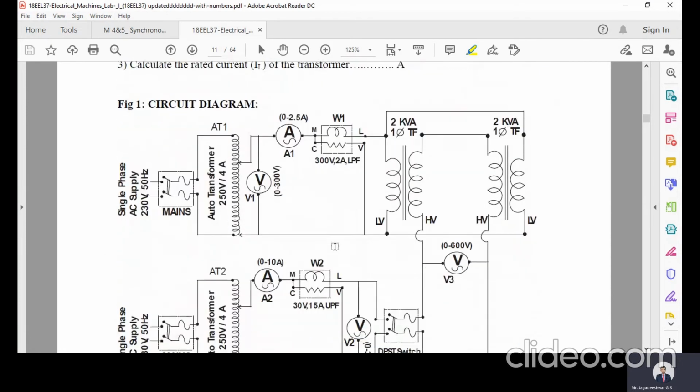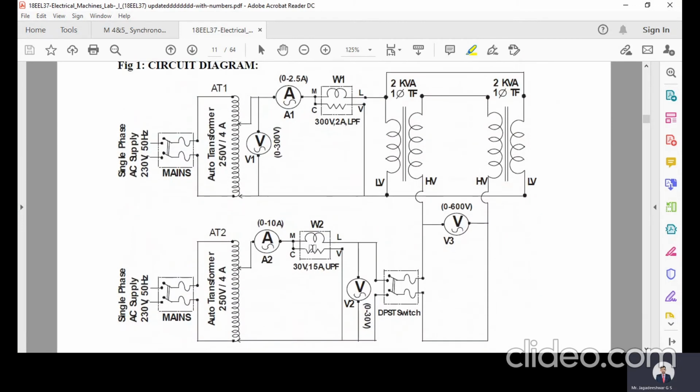So coming back to the circuit diagram, as you can see here, this is the complete circuit diagram of the connection. Here you can see the two transformers, both are 2 kVA. This is the primary side and this is the secondary side. So this is how it is connected, and as you can see here, there are two auto transformers we are using, AT1 and AT2. AT1 and AT2 both are getting supply from the panels. As you can see here, a single phase 230 volt 50 hertz supply is given as input to these two auto transformers, and the output of the auto transformer phase is given to the ammeter, and the ammeter's other end is given to the M